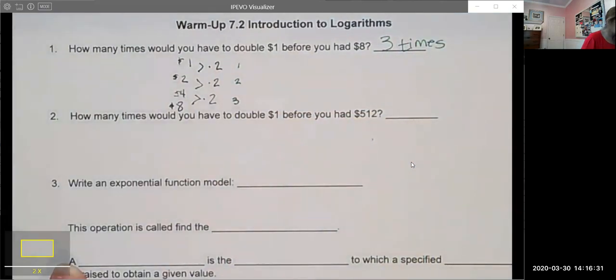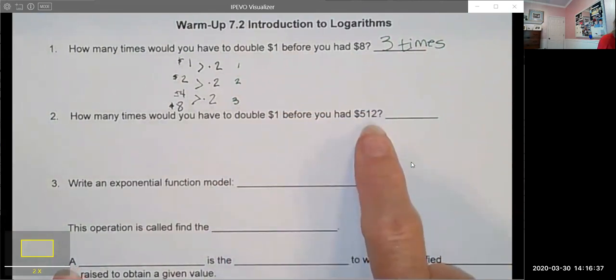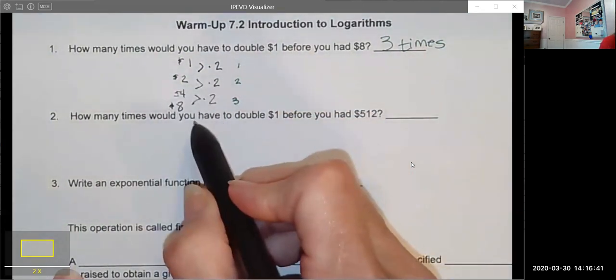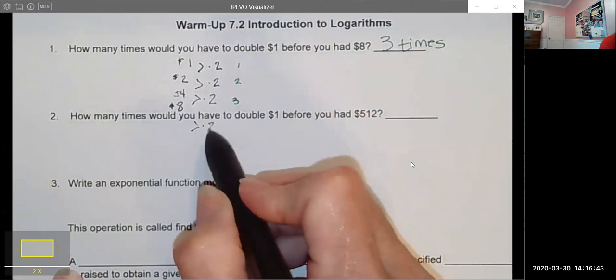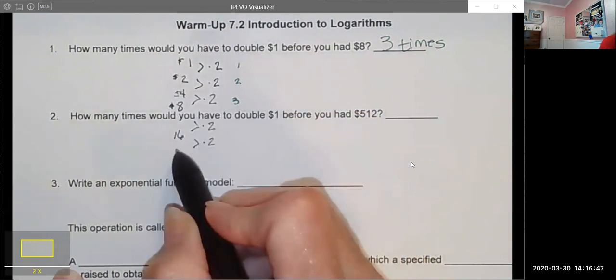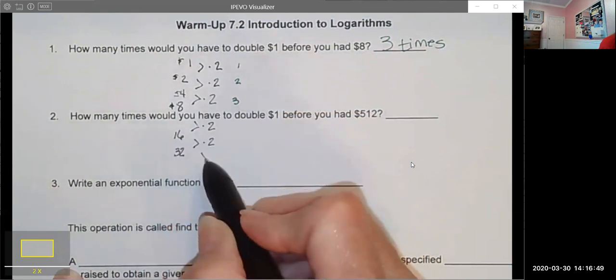Pretty simple. Let's keep going. How many times do I need to double my money to end up with $512? I'm not going to start over. Let's just keep going here. So double my $8, I end up with 16. Double again, 32. Keep going,